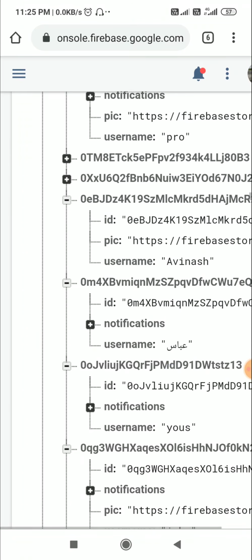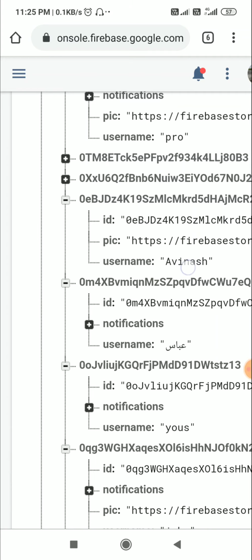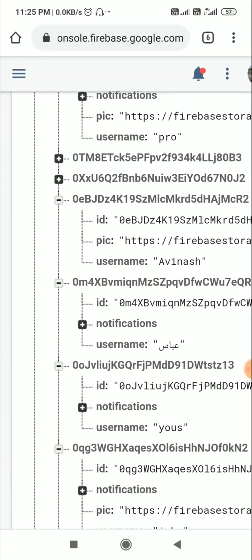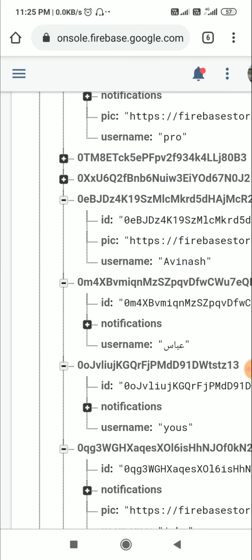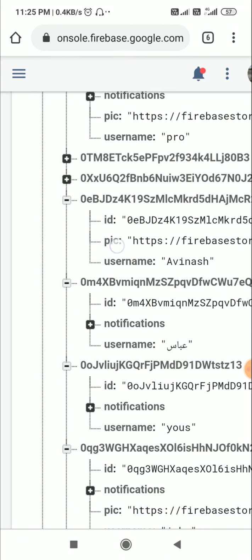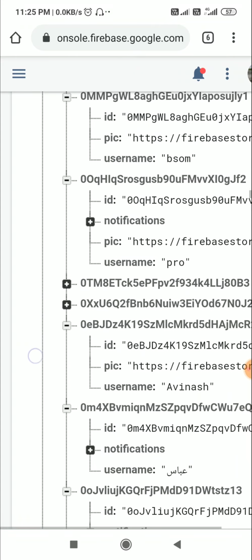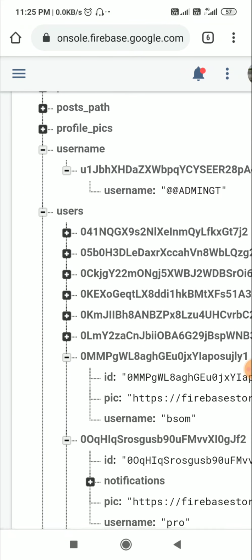So here I will use the value of key username, which is Avinash here, and I will get the data related to that. So suppose if I query Avinash, it will get me the username of Avinash, pic of Avinash, and ID of Avinash. So let's move to Sketchware.